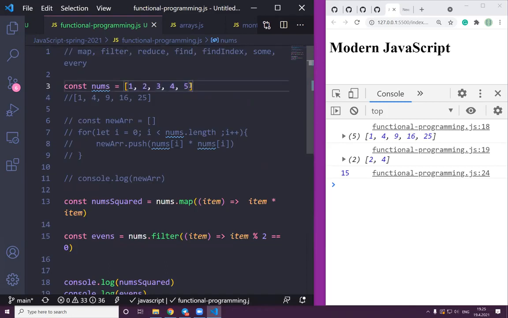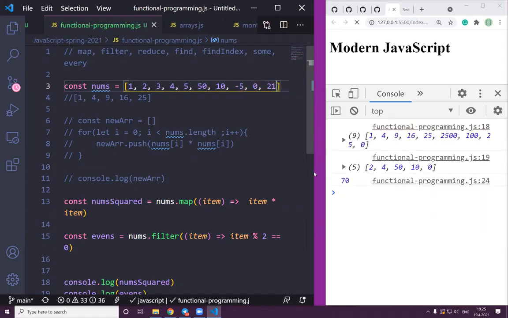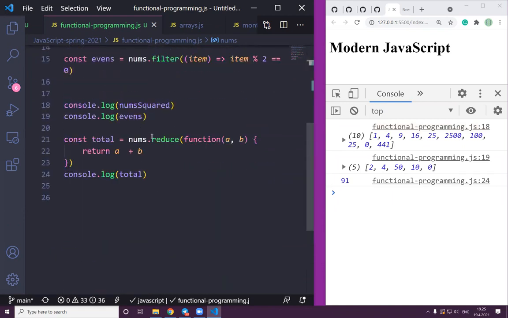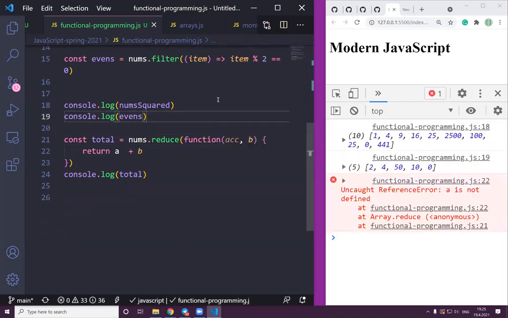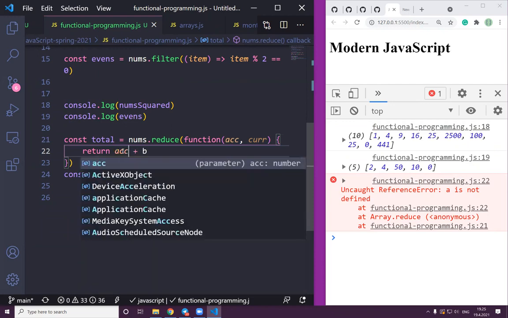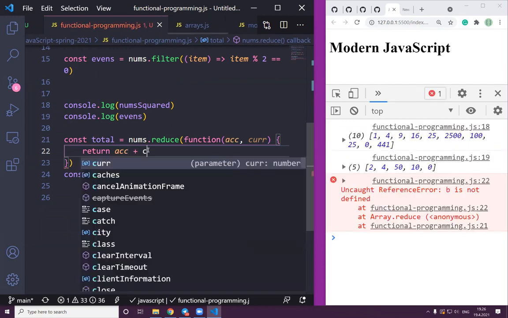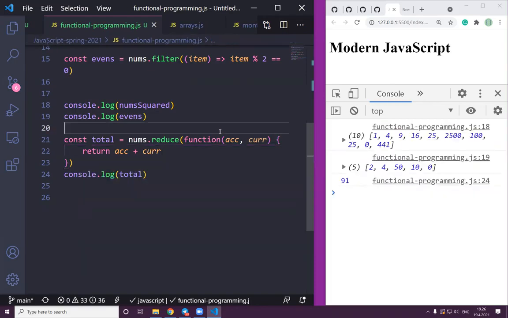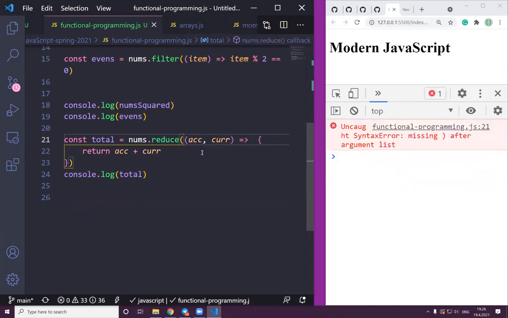And now you can just add anything you want, okay, 50, 10, minus 5 or 0 or whatsoever, and then you get a value. Okay, let me show. We call this accumulator, and we call this current. Okay, this is the problem most of the time. What did you say? Accumulator and the current. Okay, I know. I think you prefer more of the arrow function. I prefer to,